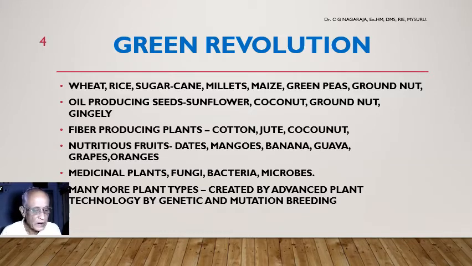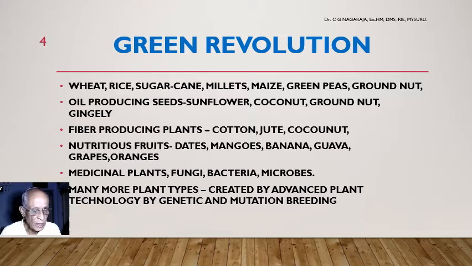Similarly, fiber yielding plants like cotton, jute, coconut are also subjected to breeding experiments, and we got varieties of plants now available to farmers. Nutritious fruits like dates, mangoes, banana, guava, grapes, oranges are all now genetically modified by means of breeding experiments. And today,